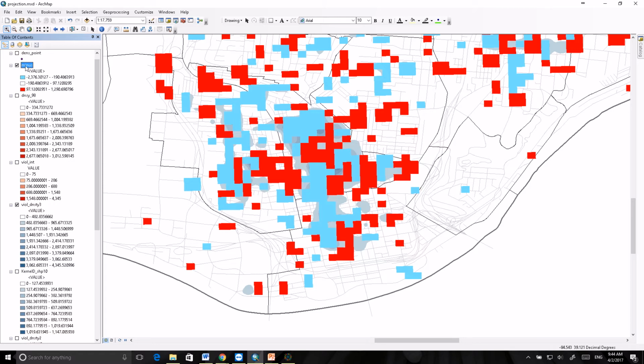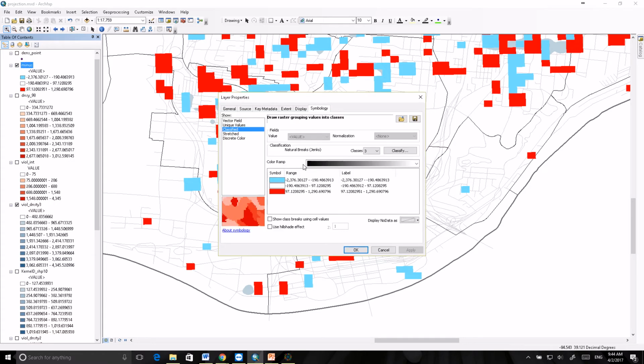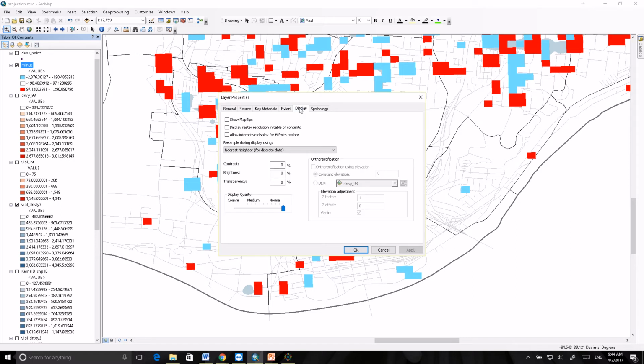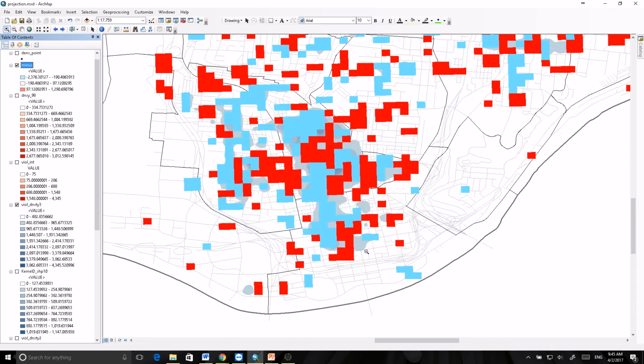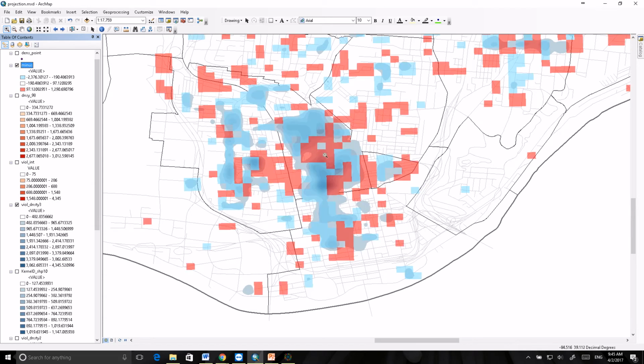Let's play a little bit more about this. I think we can do it. Display, where is it? Transparent. Yeah, let's make it 50% transparent. Say okay. Yeah, this is too much, I think. Yeah, in these areas we can see that the crime is still persistent, and last year the crime was not